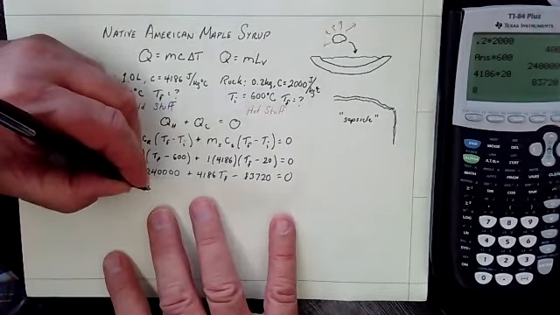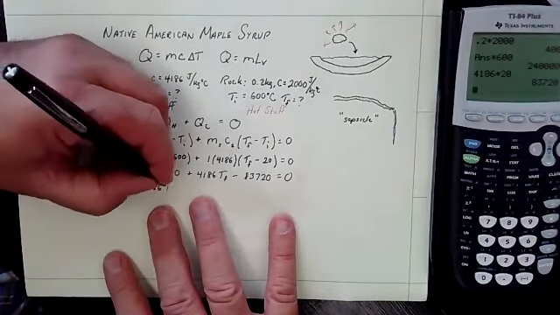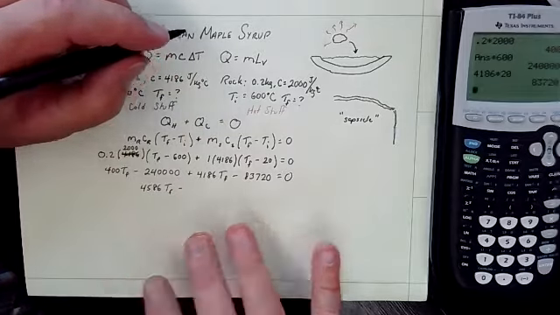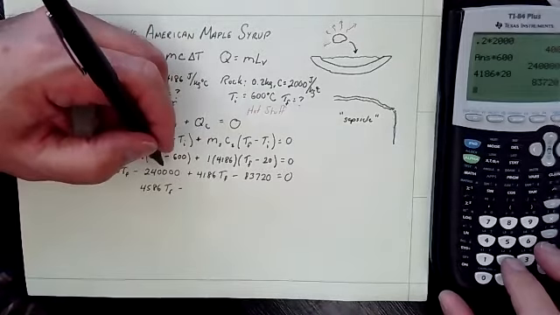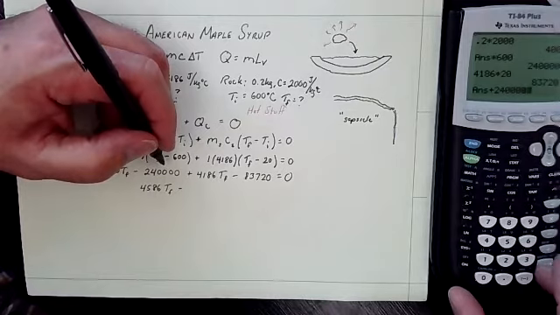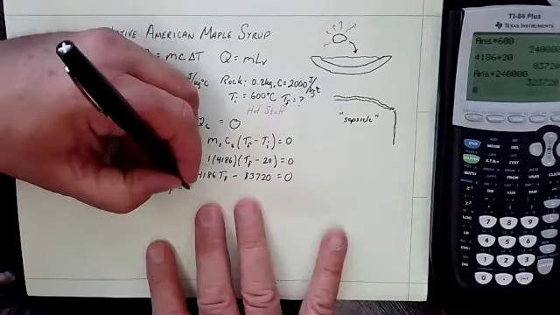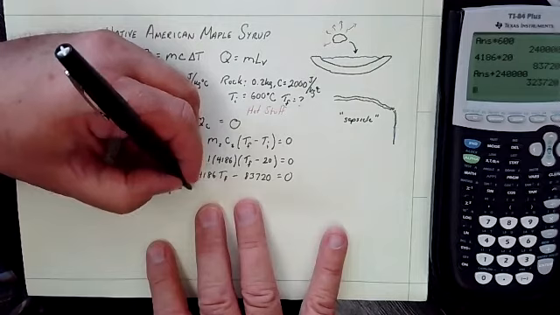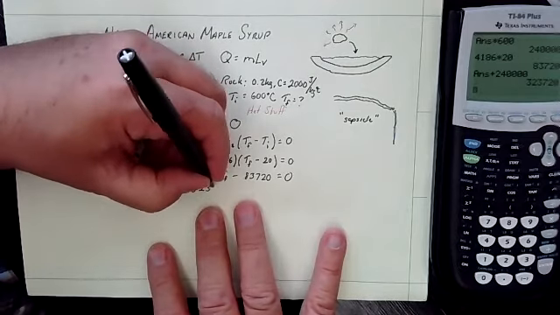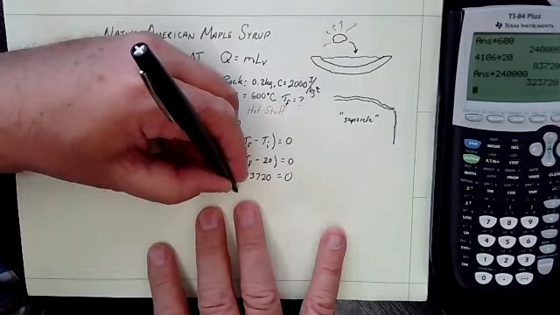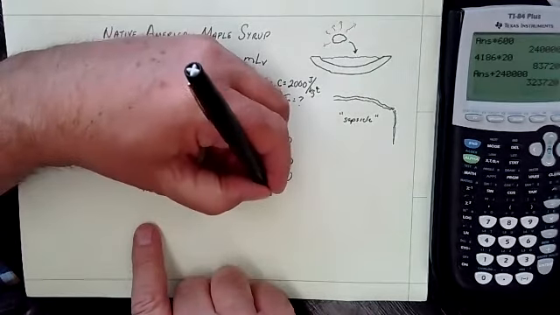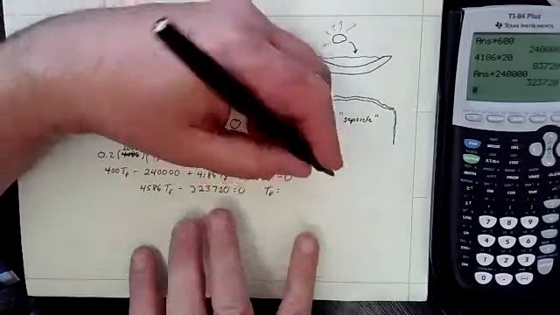So 4586 TF minus, and then we'll just add these two together. So I can just add 240, 1, 2, 3. So that's 3, 2, 3, 7, 2, 0 equals 0. So add this to both sides, divide by 4586. And so our final temperature is equal to